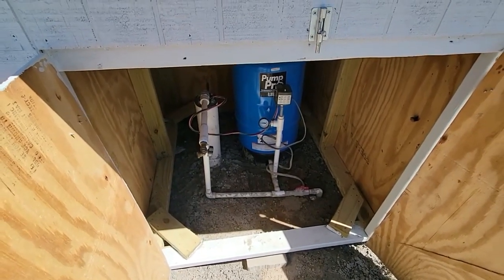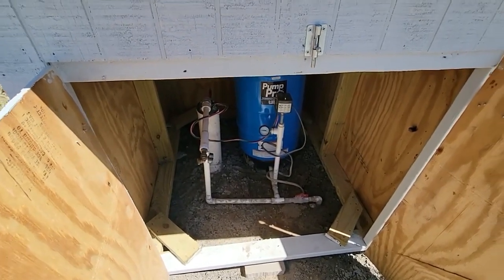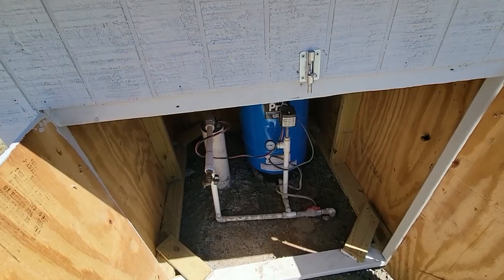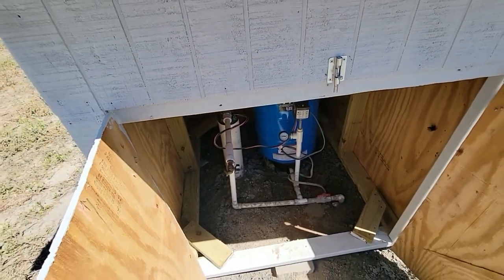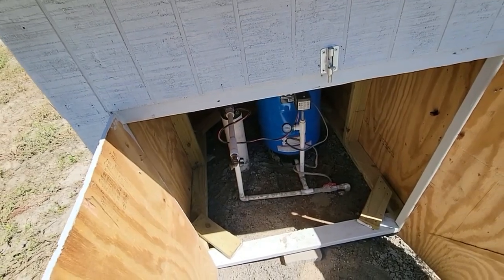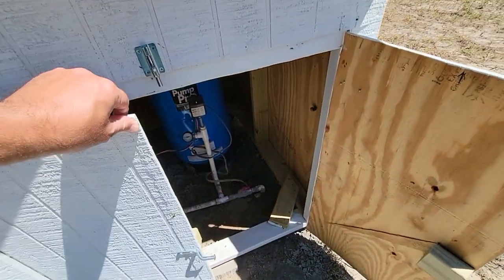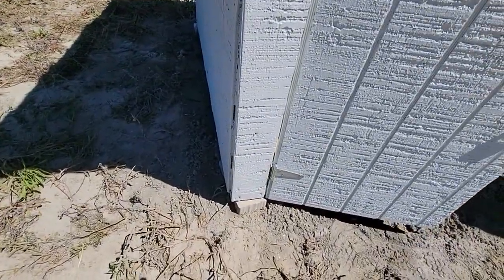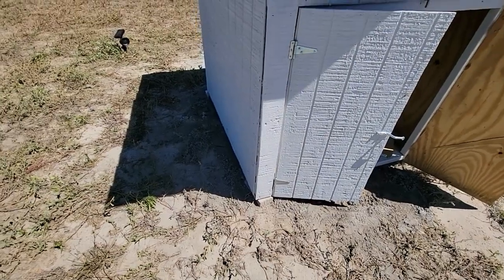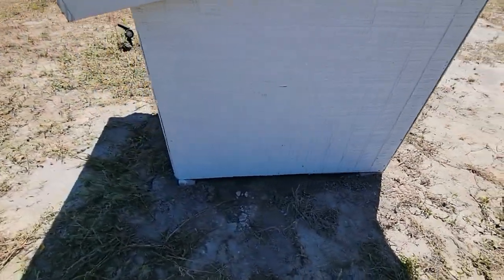This isn't structural concrete, it was just for fill. So it wasn't mixed the same like if you were doing a slab on a building or something, but it didn't need to be. They just needed it for volume. So one of my hinges was sacrificed during all this, but that's not the worst thing in the world. That's an easy fix. Then if you look around the outside,